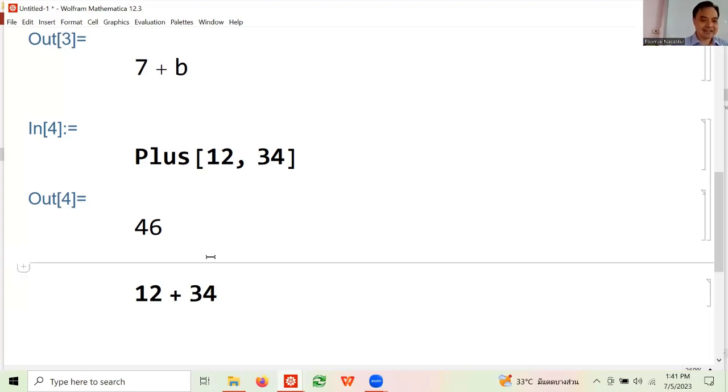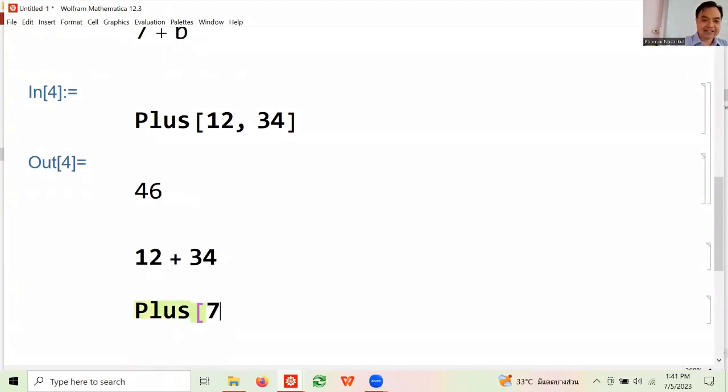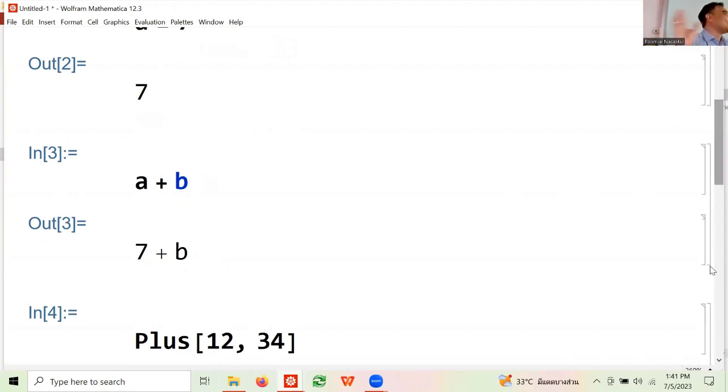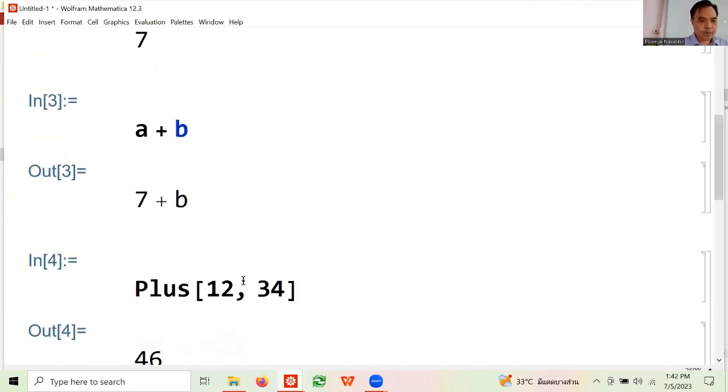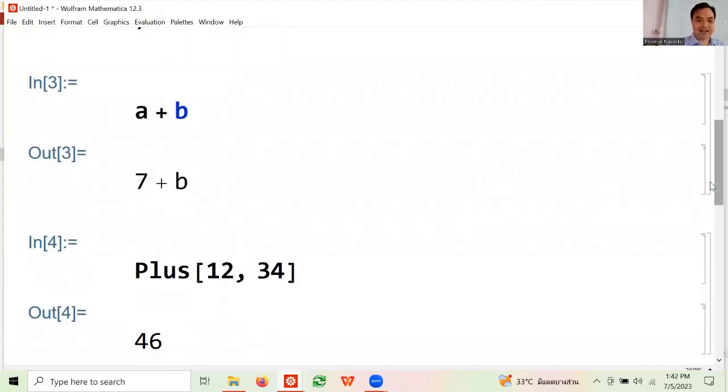If I did this, it's going to get confused. Plus 7. Well, in this case, it does because it gives you a default, but some other function, when it's actually expecting 2, if you give it 1, it will complain. Okay? But this one, it doesn't complain because it's, I don't know, it's trivial. Okay, so maybe that's a good example. It's trivial. So you guys on board with me now, on the same page, right?